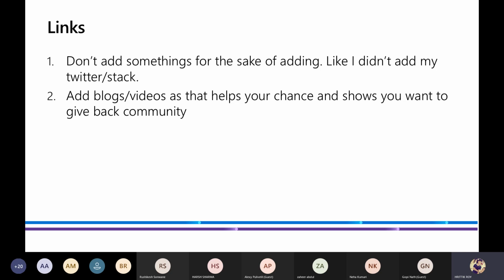If you haven't written any blogs or made videos, you can do that, because it helps your chances and shows that you want to give back to the community. Right now we get 2000 applications per month, or maybe more, I guess 10,000 per month. I don't know the exact number, I was listening a few days back. So to get your chances high, you need to do something extra, because competition is high right now.